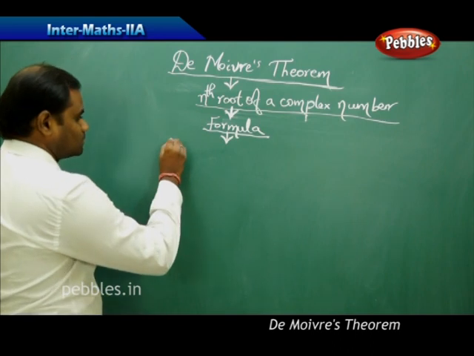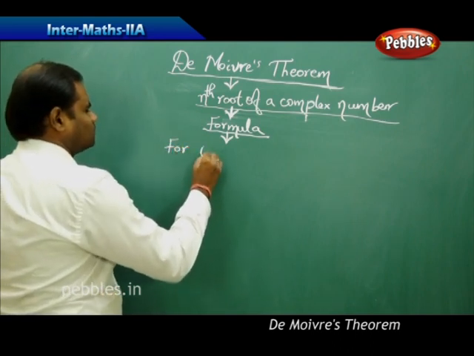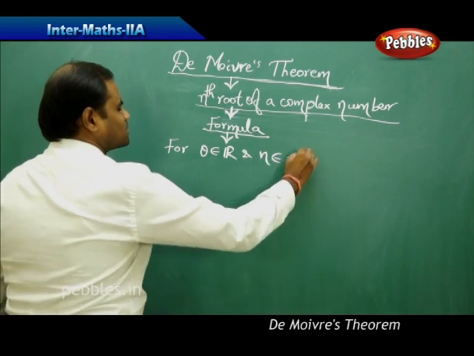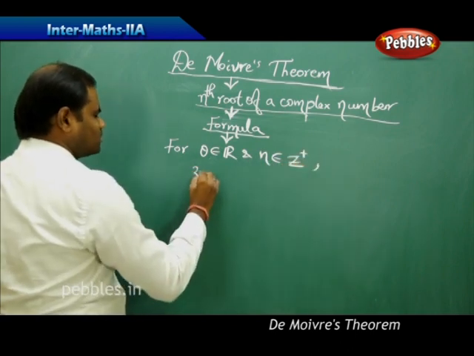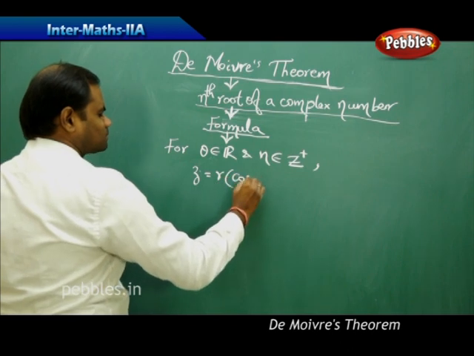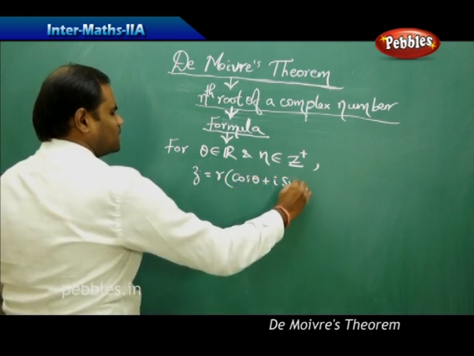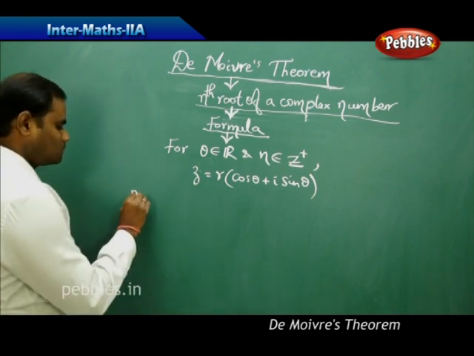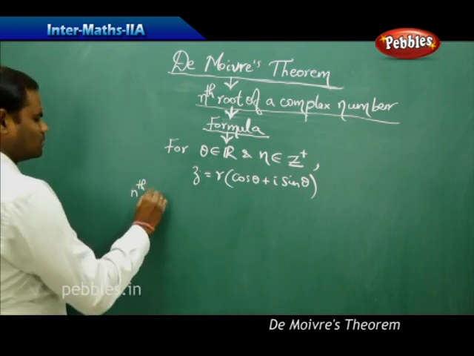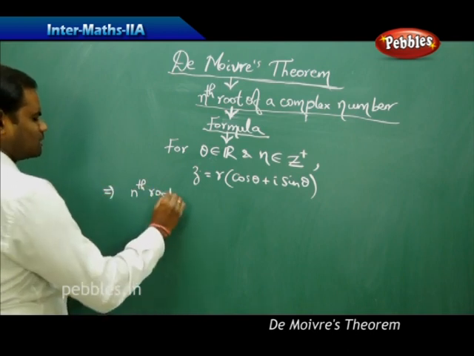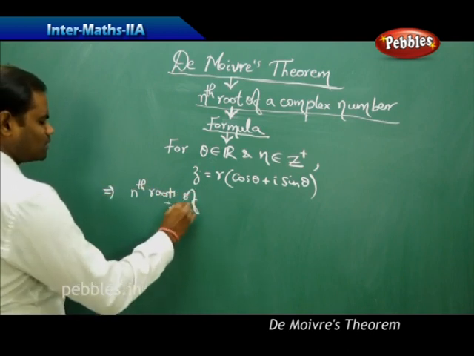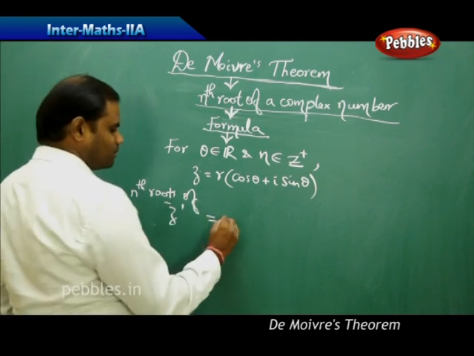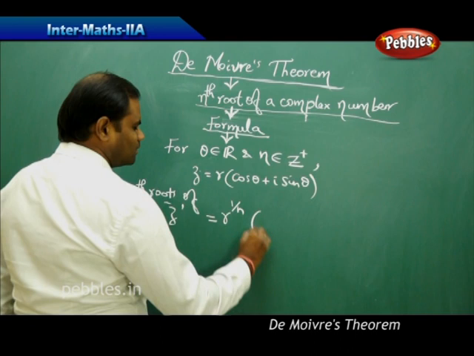That is, for theta belonging to real numbers and n belonging to Z plus, if my complex number z is r times (cos theta plus i sin theta), then the nth roots of the complex number z are given by r power 1 by n of